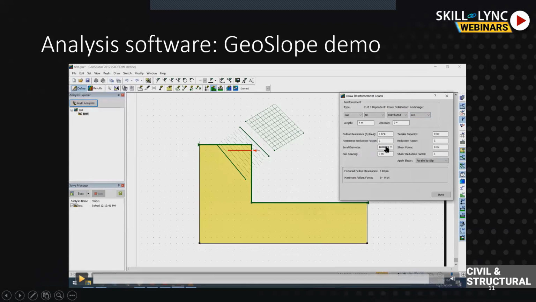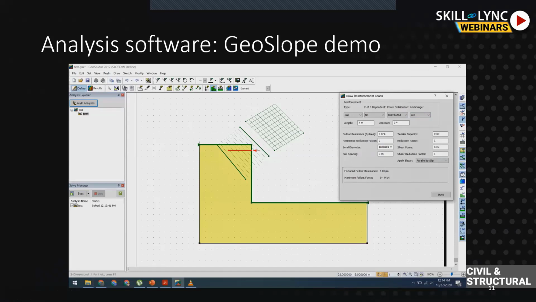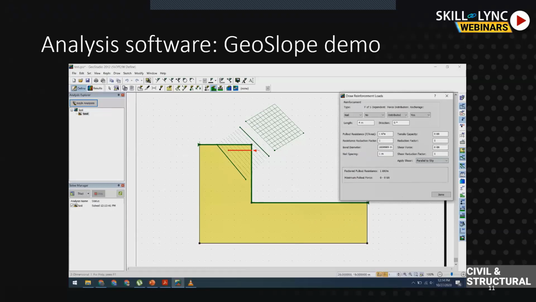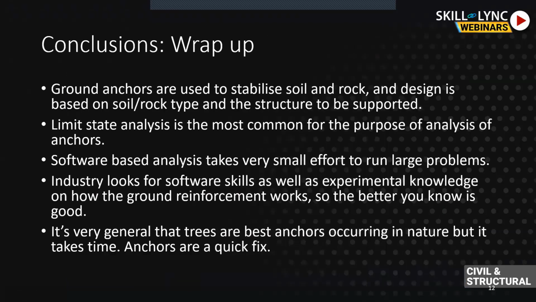There are several properties which you can define based on your specific design and specific analysis type, and whatever material you are using in your construction, you have to get those properties from there. So these properties will define how this anchor, or reinforcement load as we say in GeoSlope, might resist the force. I have kept it this short, so you can use these software packages for the analysis. This presentation will be on YouTube, so you can just try out this small analysis on GeoSlope. Now in the final slide, let's see what we have learned.